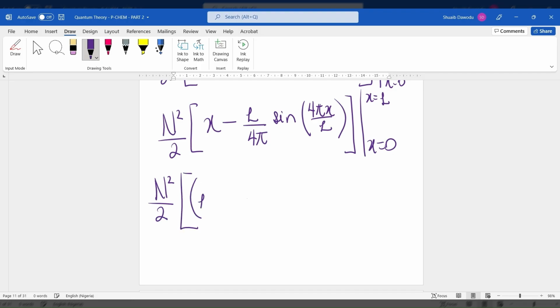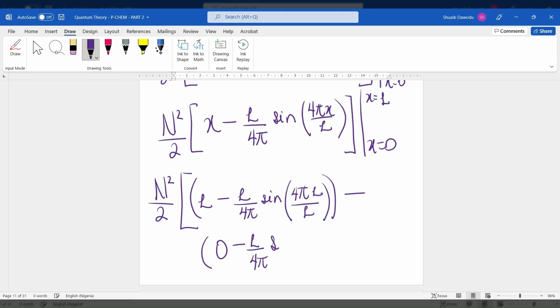You have L minus L over 4 pi sine 4 pi L divided by L, okay, minus, you substitute x equals 0, so that's 0 minus L over 4 pi sine 4 pi of 0 divided by L. So basically 0 times 4 pi over L is just 0, so I don't need to write that. Don't have to substitute everything step by step. Anyways,